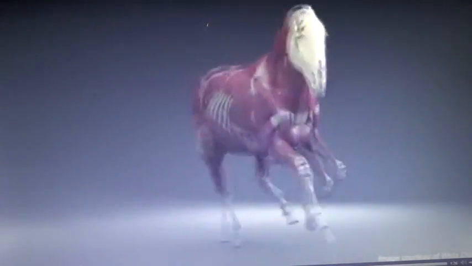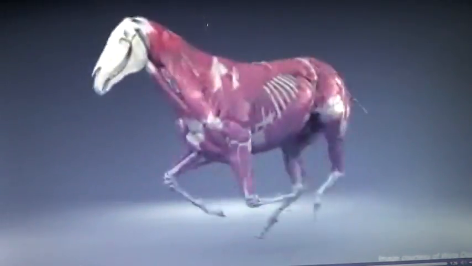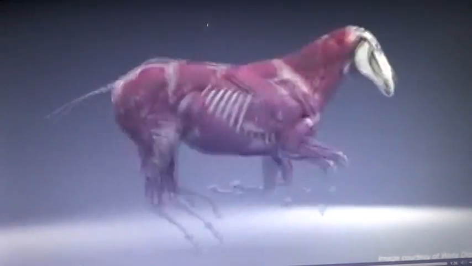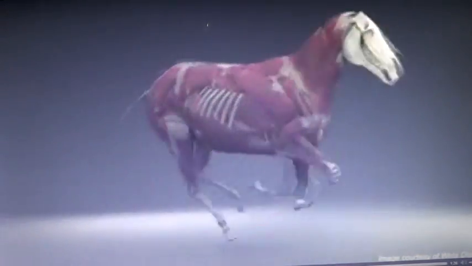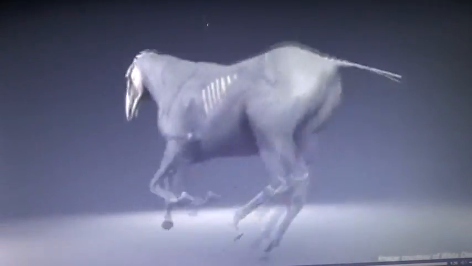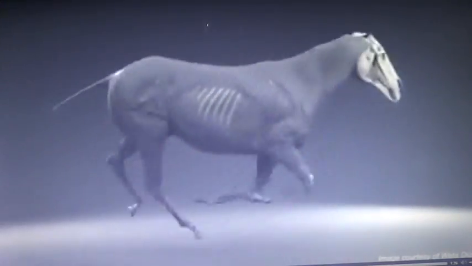What I want to talk about here is lead changes, and people talk about lead change and the right lead and the left lead. When a horse is running, he has one of his front legs going further than the other one. And if you watch this, his left leg goes further every time he hits the four beat. It goes the farthest in front. See it? Left front leg is going further than the right front. That means he's on the left lead. Well, he's turning right, and he should be on the right lead.